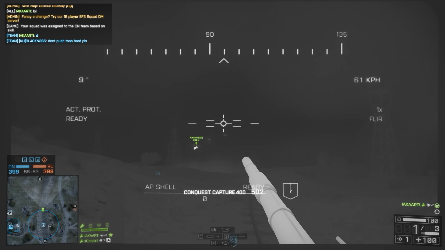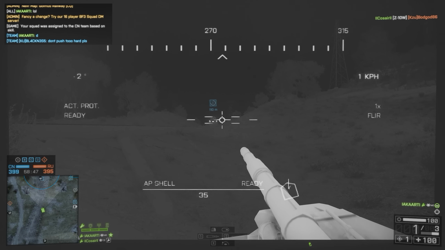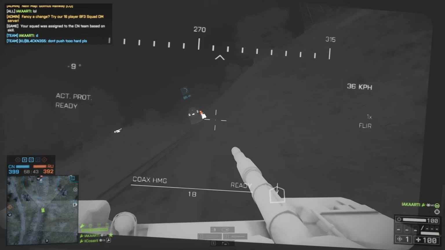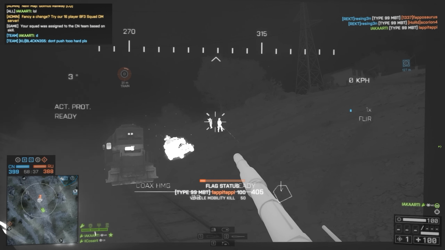So as you can see in this clip, I've started off pushing Delta flag in the tank, and straight away, even though I've got it capped right at the beginning of the match, it is being bombarded by enemy infantry. They're coming on the back of buggies. We've got a couple of guys here. Easiest thing to do in a tank is straight away take these down, and as you'll notice, the artillery comes